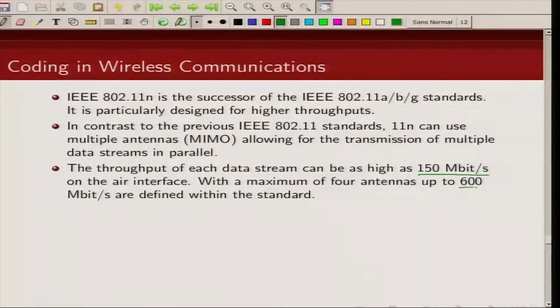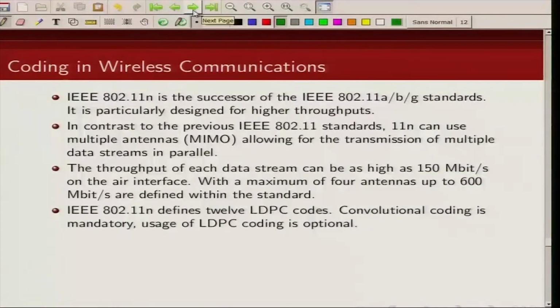If you use 4 antennas, you can get up to 600 Mbps. Now, here 12 different LDPC codes have been suggested. Use of LDPC codes in this standard is optional. The mandatory requirement is convolutional code, but they have specified LDPC codes which are optional, which can be used, and